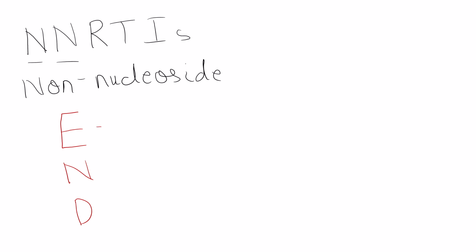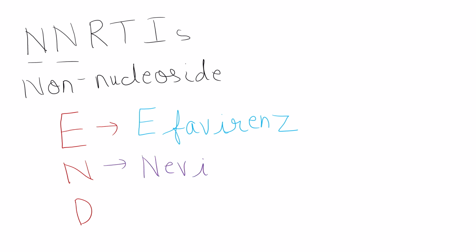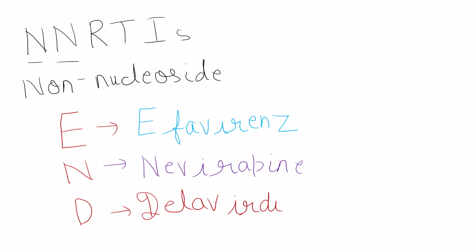This is a very beautiful song of Linkin Park, one of my favorite songs. So in this, with E you have efavirenz. With N you have nevirapine, and with D you have delavirdine. So now one thing to make it absolutely crystal clear to you that all these three are extremely important,